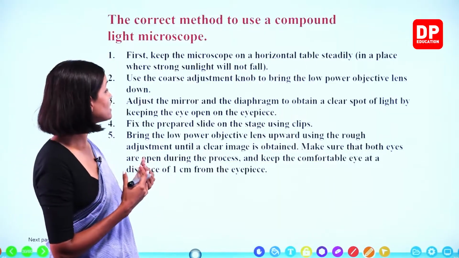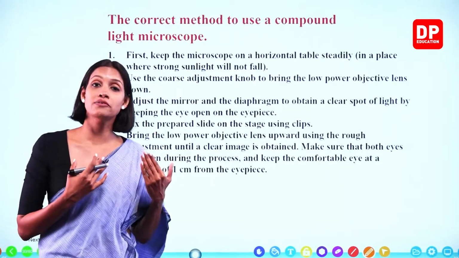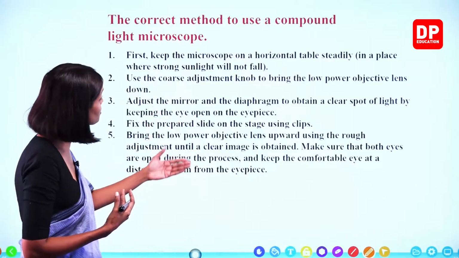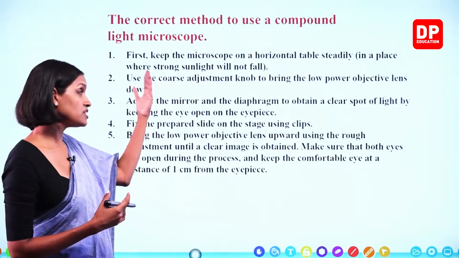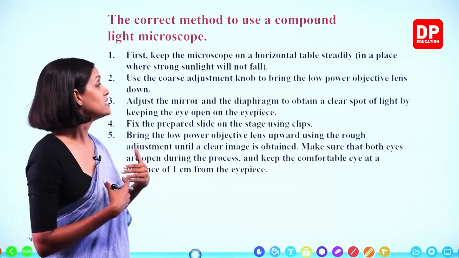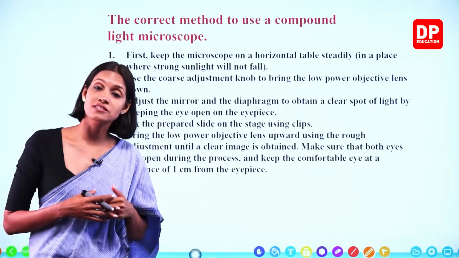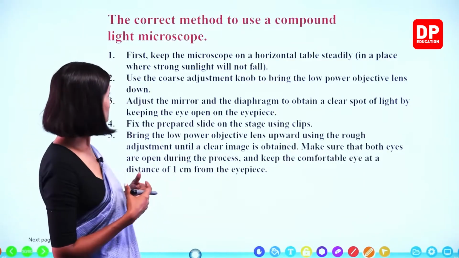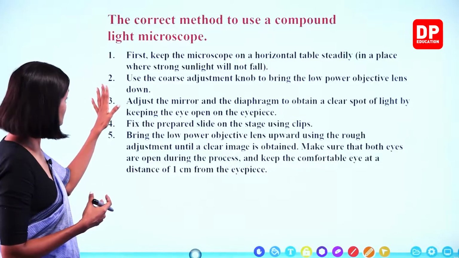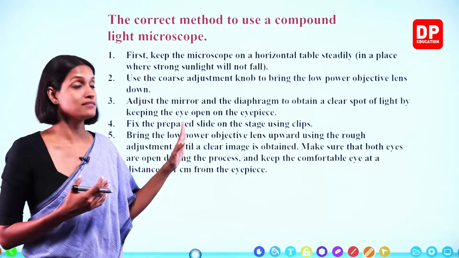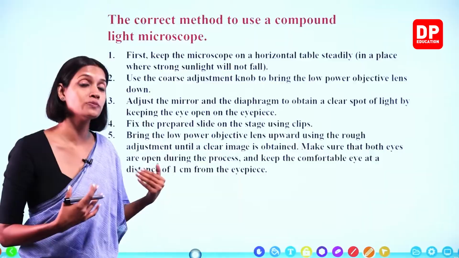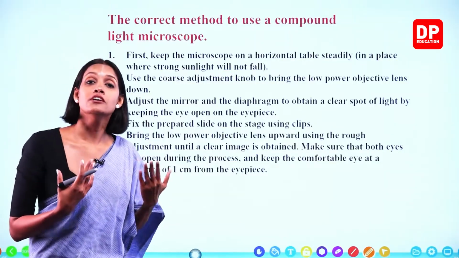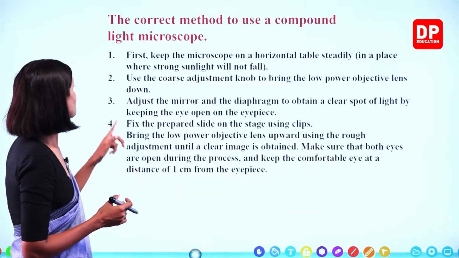We are going to learn the correct method of using it, and after this, we are going to learn about the safety of the microscope, what steps can be taken also. Here, this is about how to use this instrument properly in order to observe a specimen. Number 1,